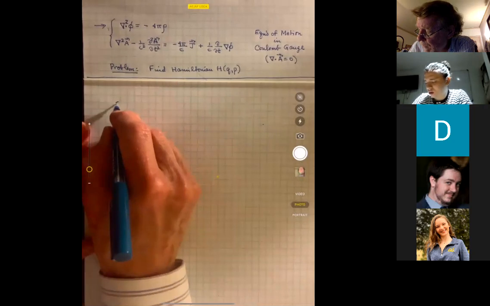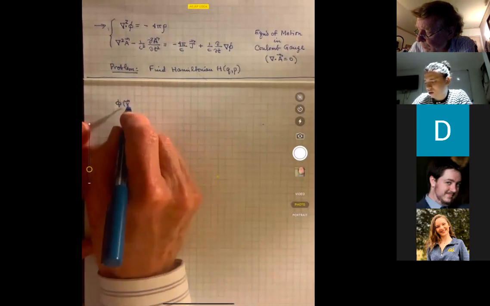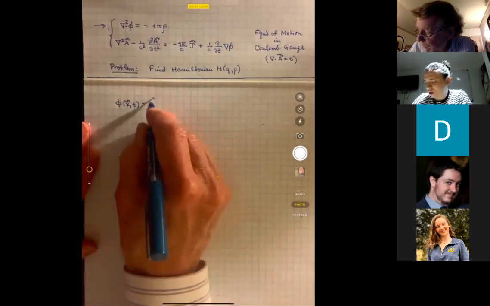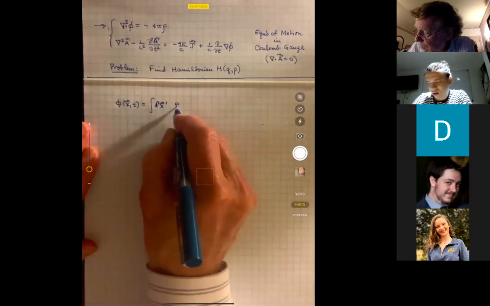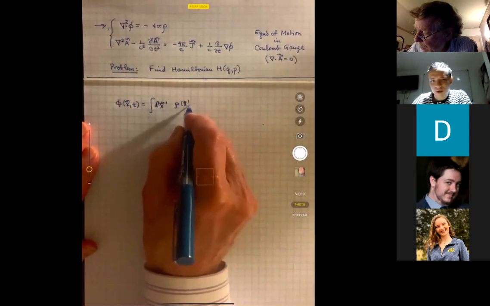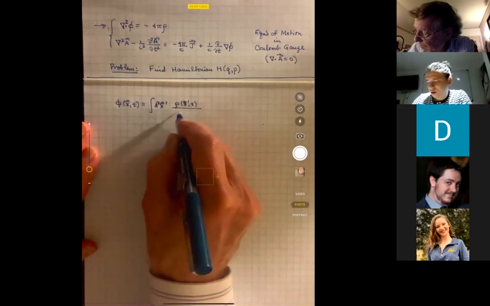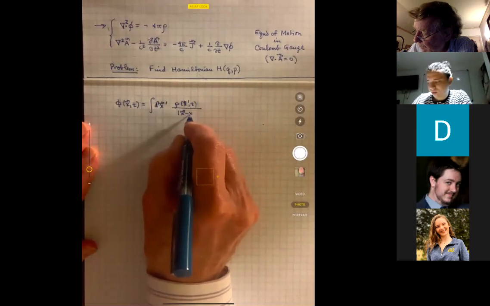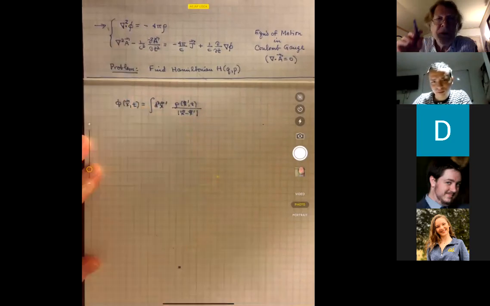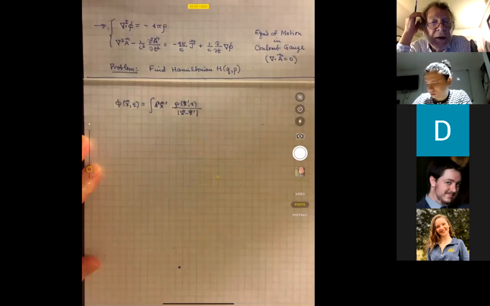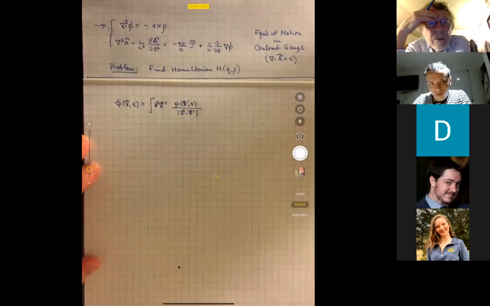The solution is that phi of x and t is given by the integral over spatial points x prime of the charge density evaluated at x prime and t, divided by the Coulomb denominator |x minus x prime|, like that. That's the solution of the Poisson equation. In fact, it's a unique solution if you require that the potential phi vanish at infinity. Now, this